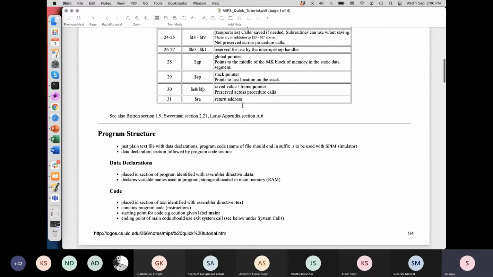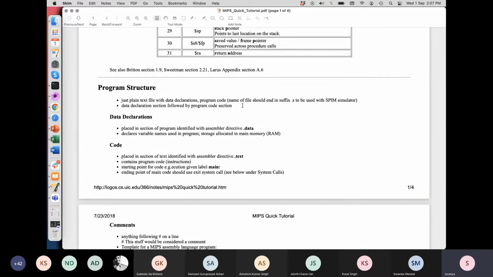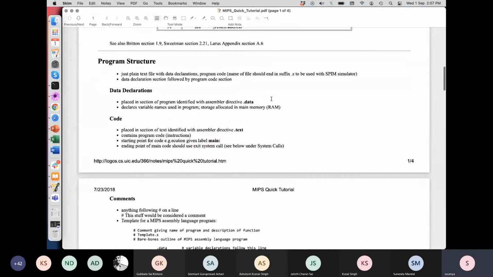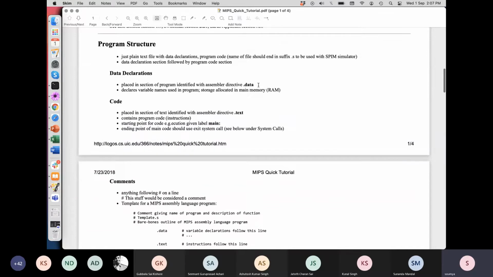Now here, we'll just start with the basic structure of a MIPS assembly file. You will have two segments. One is the data segment and the other is the text segment. The data segment will contain specific assembler directives, and it is like the RAM area that you are getting. So you can store specific variables and all that. And when QtSpim starts, it will automatically identify that since this is written after the directive .data, it will put them in the memory at specific locations, right?